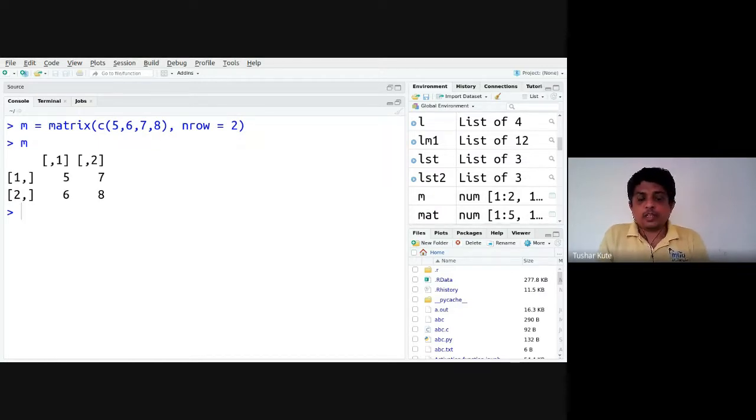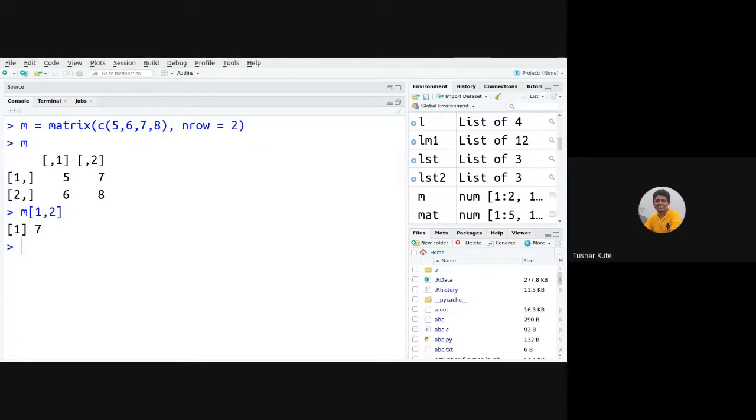A matrix is two-dimensional data containing the same kind of data type in it. So in the matrix, you can see 1 comma and comma 1 is mentioned. This method we use to access. For example, I want to access the 7. So 1 comma 2, I can use this method. See this, M of 1 comma 2. This we access. This is called a matrix, and a matrix also contains the same kind of data inside. It's an extension of vector. Vector is one dimension and matrix is of two dimensions. That's the difference between the matrix and the vector over here.